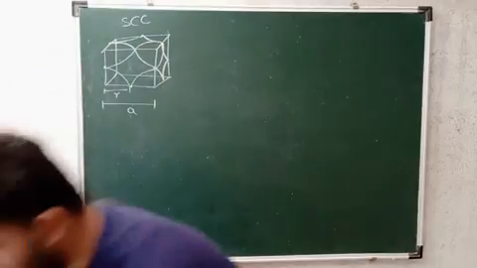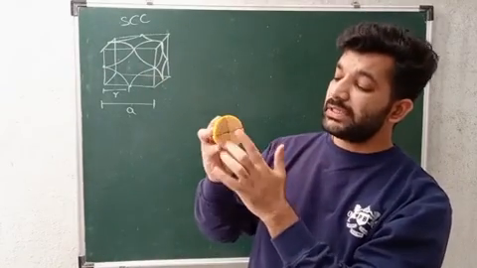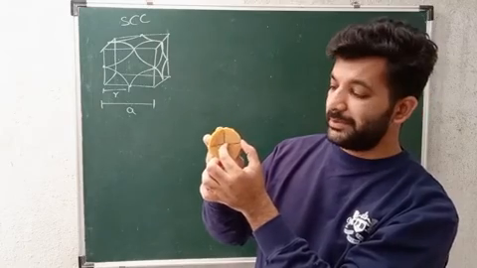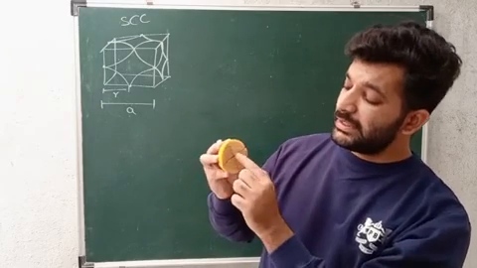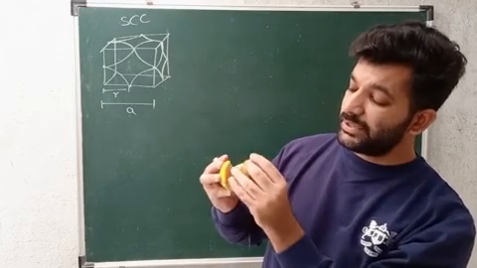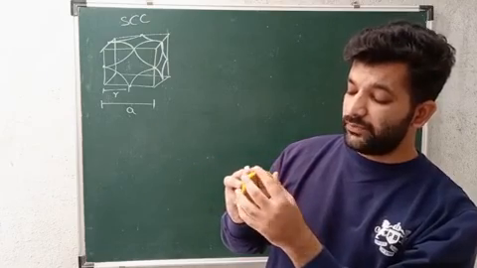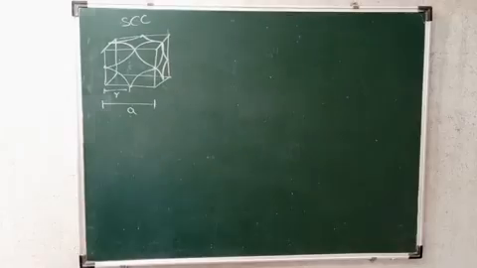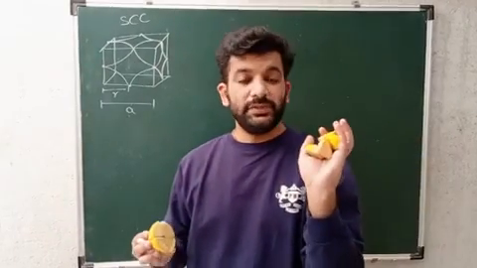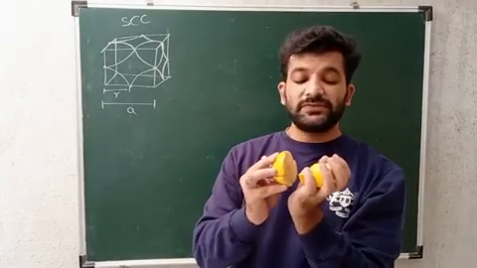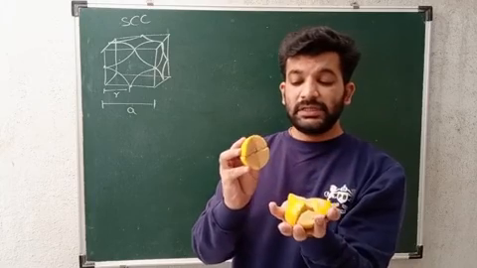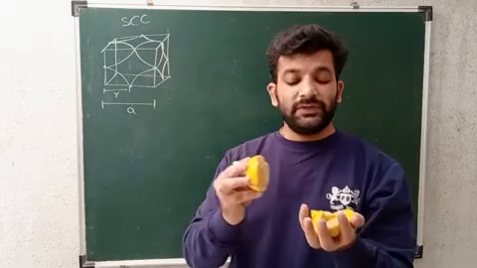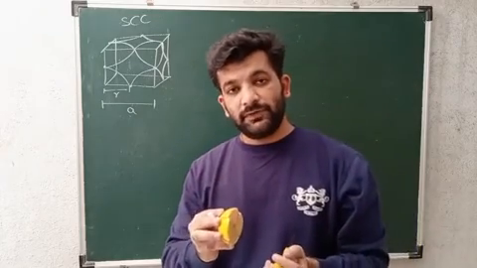Now if you will see, in this you can see that this is the diameter, and this will give you the radius of that atom, right? So this is the radius. This atom is known as what? 1/8 part. How come 1/8 part? Here I am having 4 parts, and here I am having 4 parts with me. These all together will give you a whole sphere, a complete sphere. Getting this part? So this is a half sphere, and here you have a half sphere. So that will give you a whole atom, the shape of a whole atom.